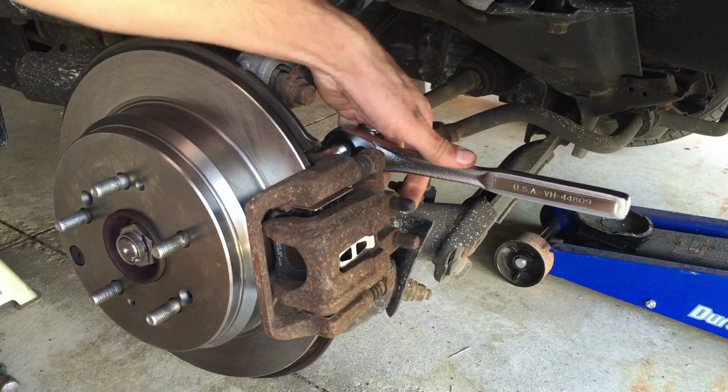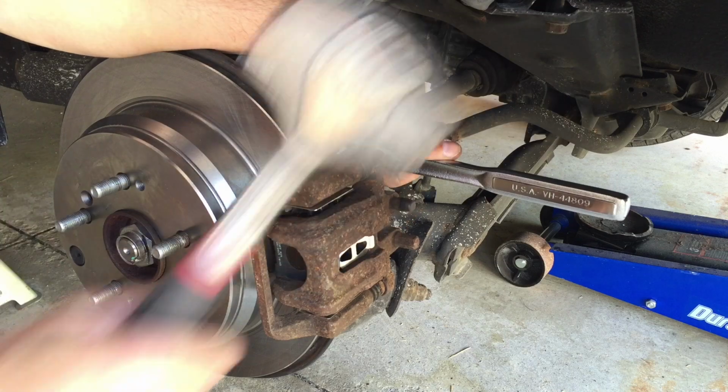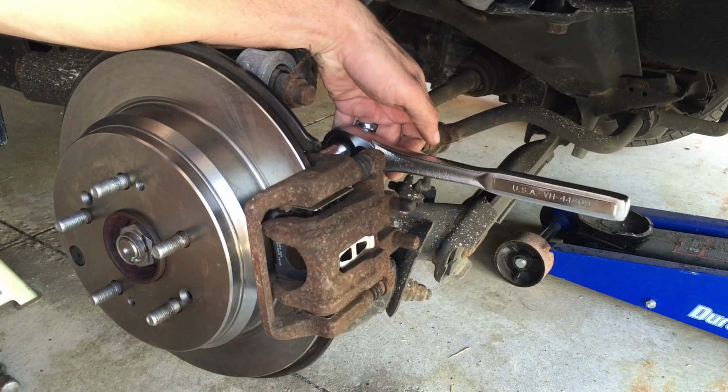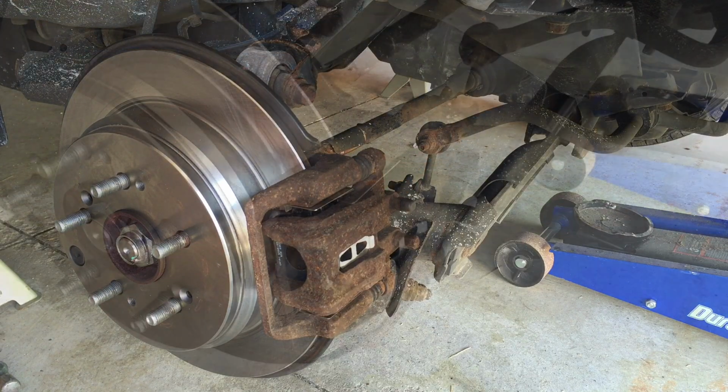I had a very hard time getting those off, and I don't have a breaker bar, so as a little tip for you, you can kind of tap your ratchet, not too hard, because you don't want to break it, but just that little bit of tapping action helped me break those bolts loose. And then